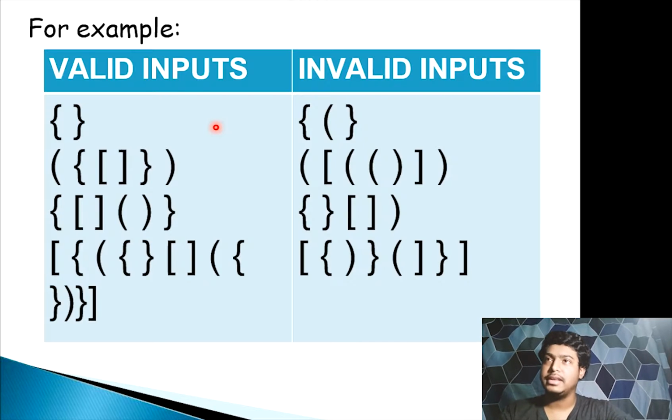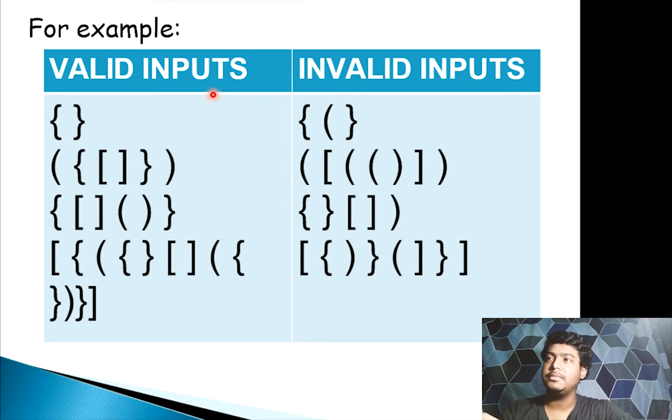Okay, so suppose we have an example here. We see the input. Suppose we have a starting parenthesis, it always needs to have an ending. If we have something like this, then the arithmetic expression will go wrong because we have a bracket which is started but not closed. So we can check this operation using a stack.